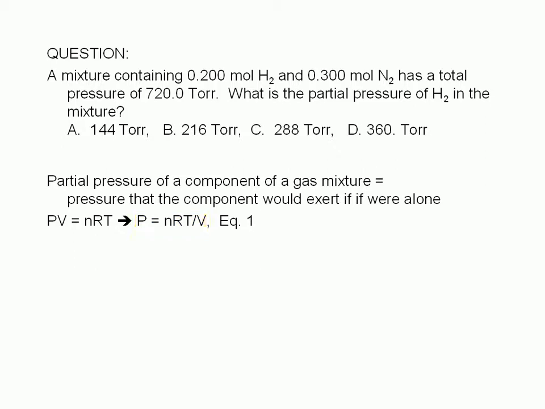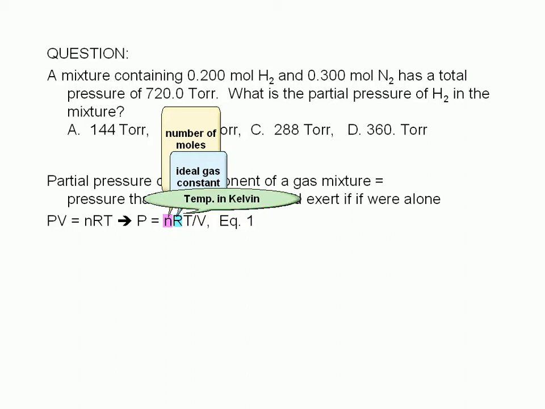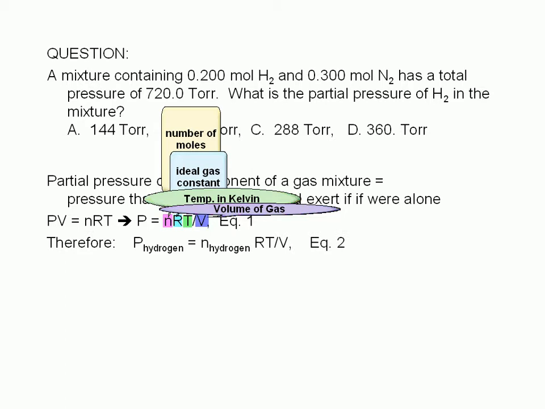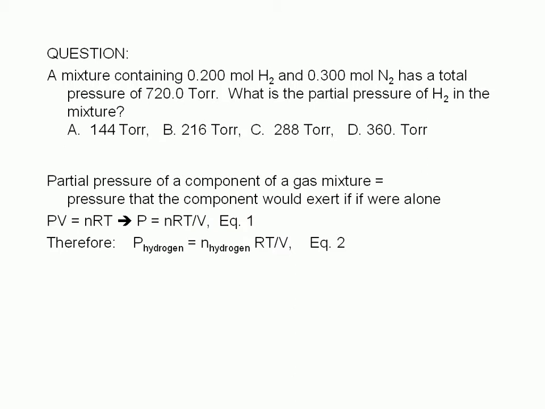To calculate the pressure, we need the number of moles of gas, n, the ideal gas constant, R, the temperature of the gas, T, and the volume of the gas, V. We can use the same formula for partial pressure. For example, the partial pressure of hydrogen is equal to the moles of hydrogen times RT over V, as shown